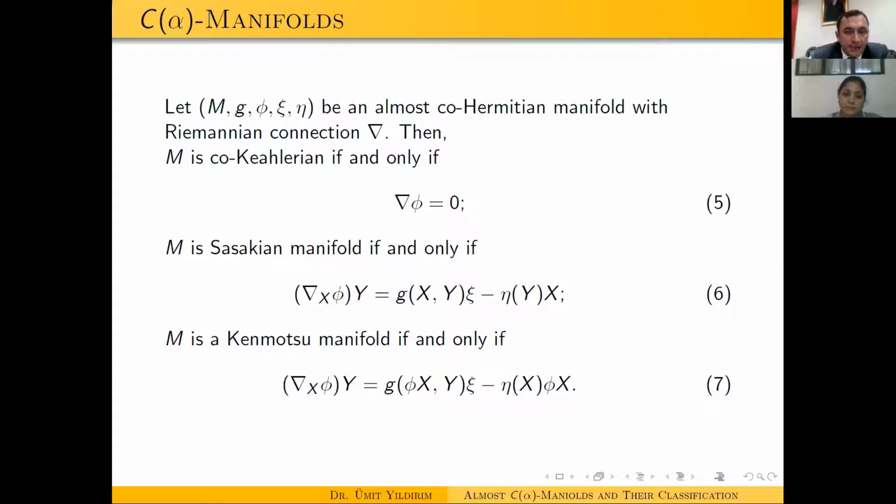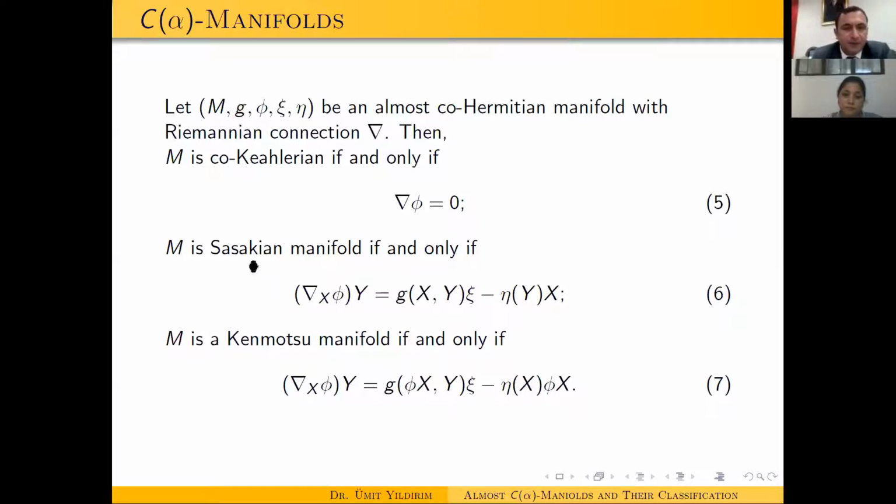M is a Kenmotsu manifold if and only if equation 7: (nabla_x phi)y equals g(phi x, y)xi minus eta(y)phi x. This is the C alpha manifold